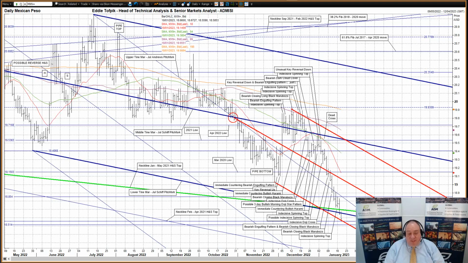So far today, well, an open on the lower tine of the big March to July shallowly bearish shift pitchfork highlighted in dark blue, and a move lower to test the lower tine of the more recent late September to mid-December 2022 bearish Andrews pitchfork, and that's highlighted in bright red, and it's holding there just above the lower tine and just under the big March to July 2022 shallowly bearish shift pitchfork.